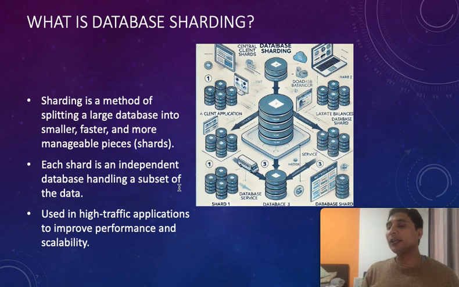So the better way is that we break the data, and despite breaking the data we know where our data is stored. Let's say we have millions of user records. Those user records can be broken into smaller pieces based on different kinds of conditions, maybe based on alphabetical order, or based on their geolocation, or based on the user IDs which are being created. It is used in high traffic applications to improve performance and scalability. Otherwise users will not be able to fetch that data, and applications will become slow,